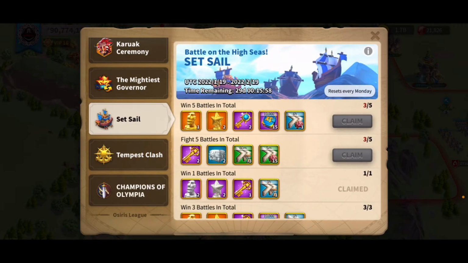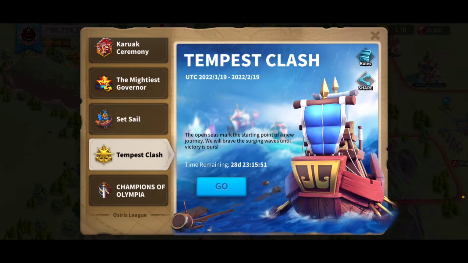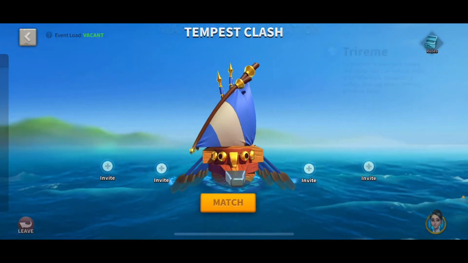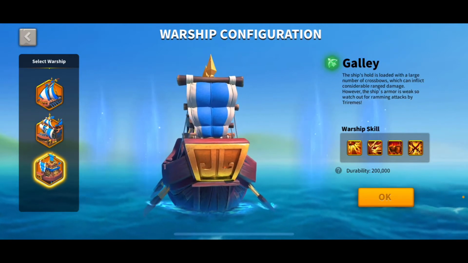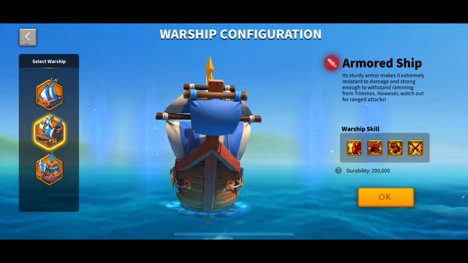I think the main difference between this event and Champions of Olympia is simply the fact that there's a lot less running around in this sea battles event. Basically, you're going to be one of three different types of troops. You're either going to be infantry, cav, or archer. I would recommend for when you're first starting to just play infantry for the most part, because